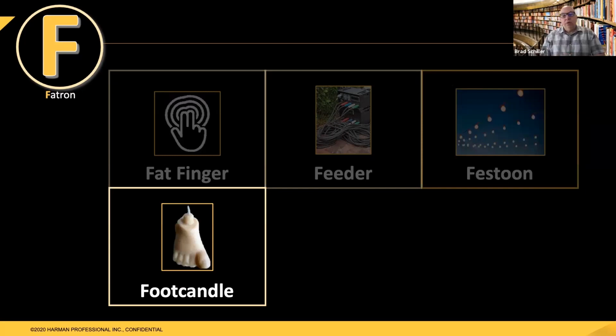In the US, when we're looking at how bright something is, how much light's falling on a source, we measure that in foot candles. A foot candle is basically the illumination of a 1 square foot surface on which there's a uniformly distributed flux of 1 lumen. What that means is it's equal to 1 lumen per square foot. So if you think about how much light is hitting a surface, or a person's face or a location on stage, you'll measure that with a light meter, and we'll get a number in FC, foot candles. That tells us how much light is hitting that area.